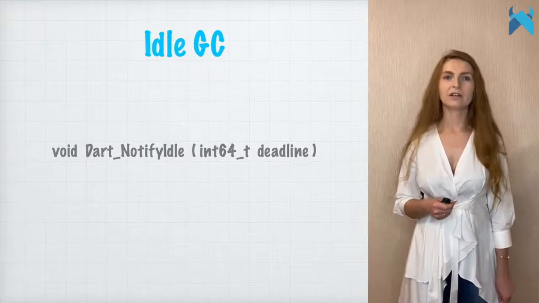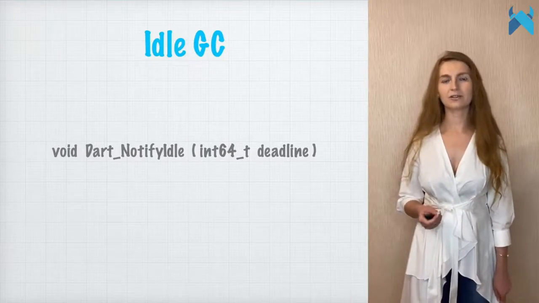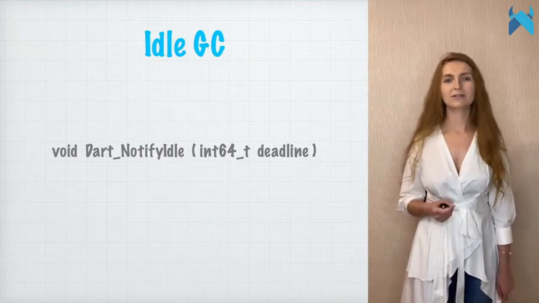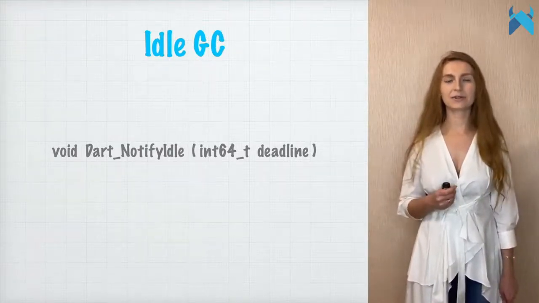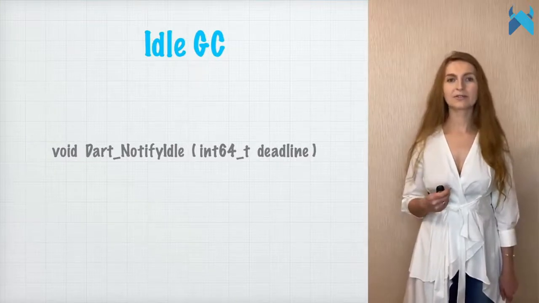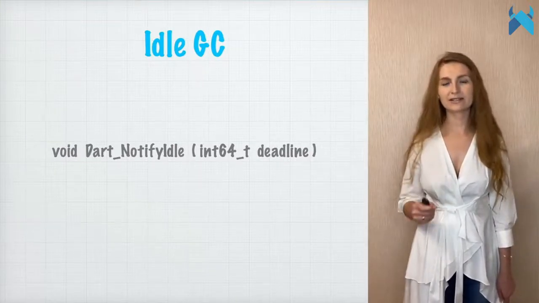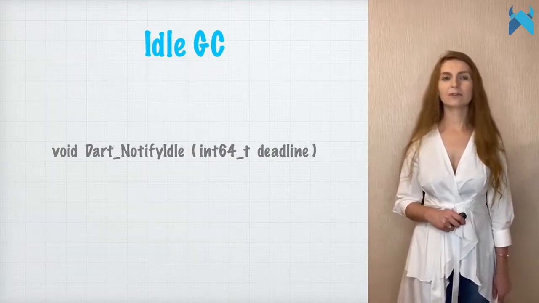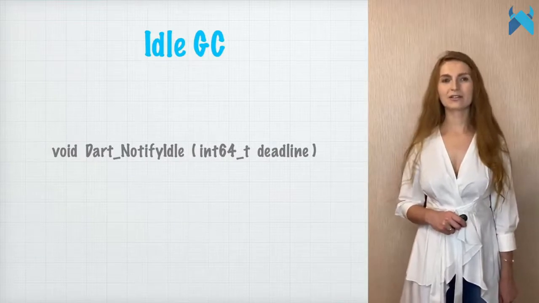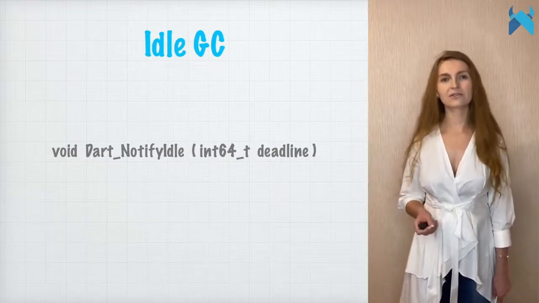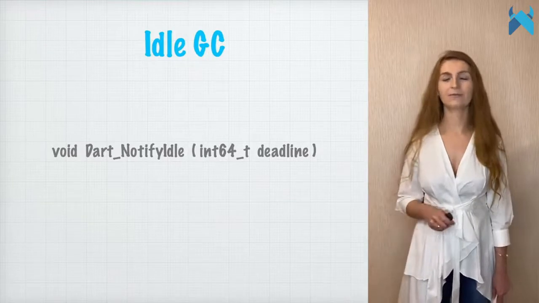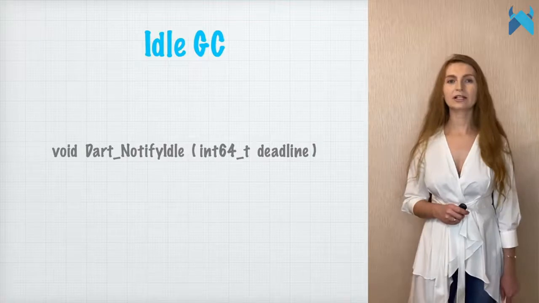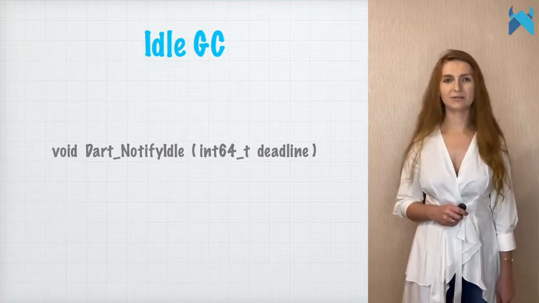Flutter, for instance, calls this between frames with the amount of deadline left until the next frame. Can you imagine? With Flutter aiming to provide at least 60 frames per second, frames need to render approximately every 16 milliseconds. The virtual machine may use this time to perform garbage collection or other tasks to avoid delays during the execution of Dart code in the future. This gives the garbage collector a window of opportunity to run its collection phases without impacting the performance.